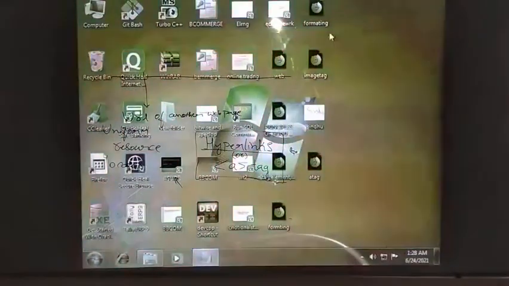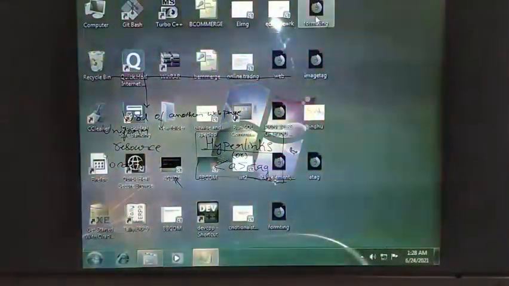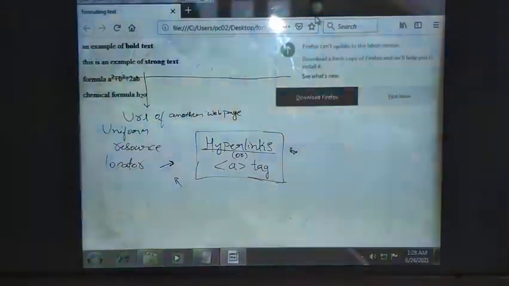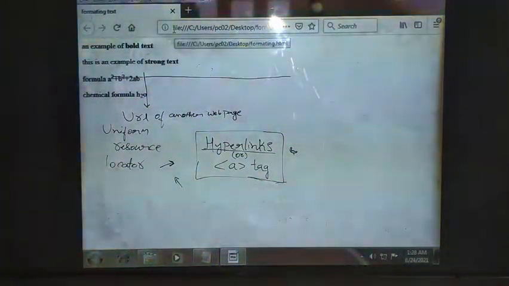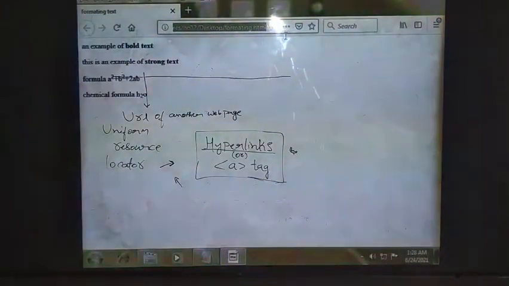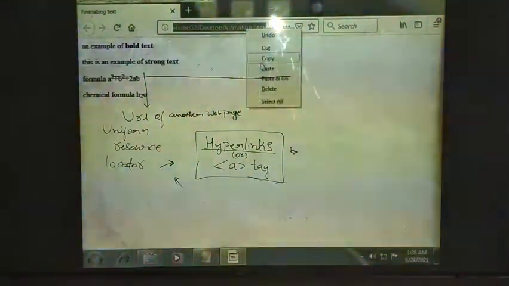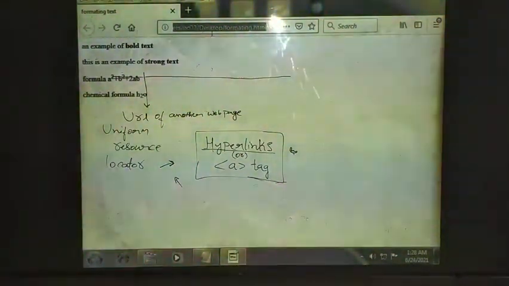So I will take the URL of this. Yesterday we did this first HTML program, right? So I need to redirect to this web page from the web page which I am creating now. So I will copy this URL. This is called a URL, right?